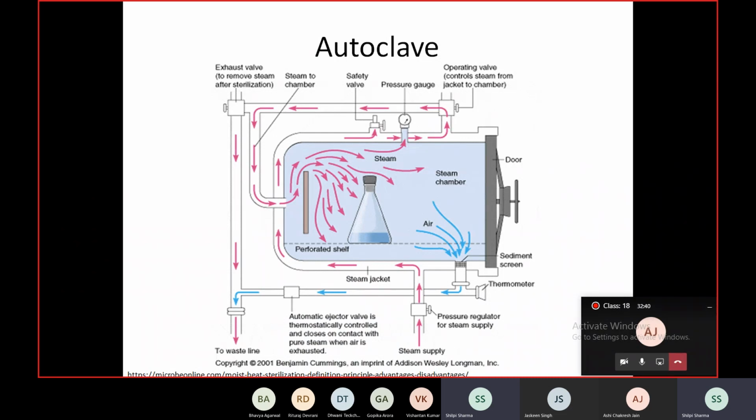We don't do it in the lab though. We have some other indicators, some indicator tapes that we use. But in most of the other labs, at least abroad, you will find that a regular check with this thermophile is done.